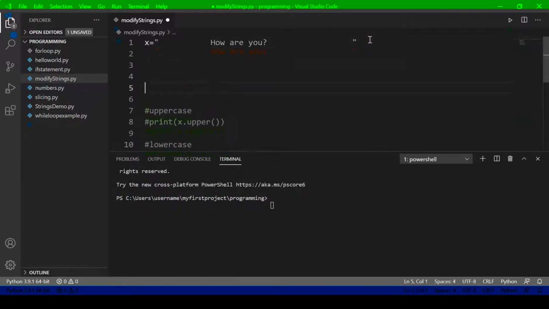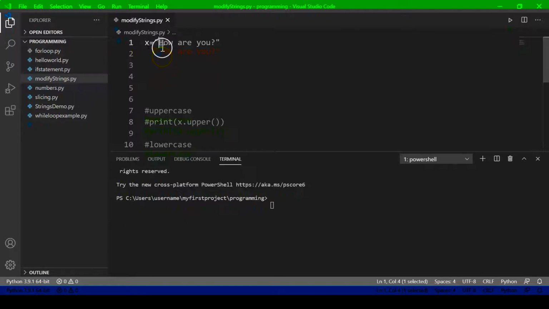So this is our string. Let me remove these spaces. Now there is one more method. Let's say I want to replace this h with w.